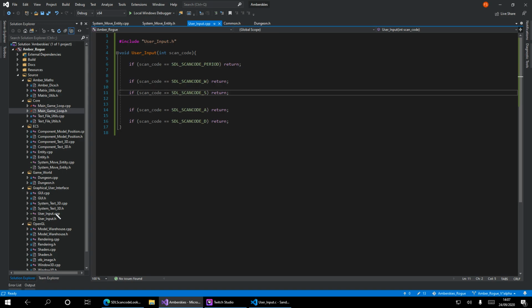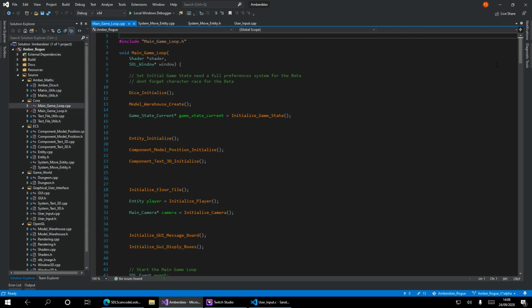Good. So if we have a look at our main game loop